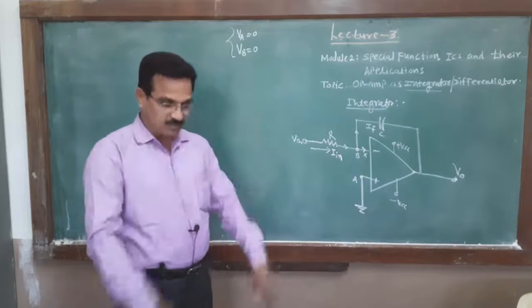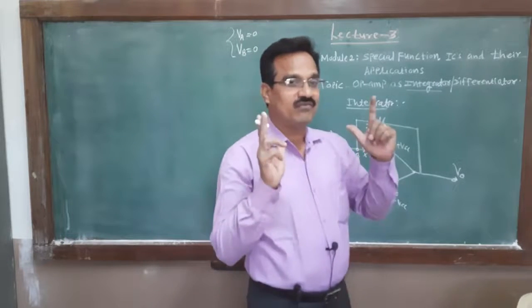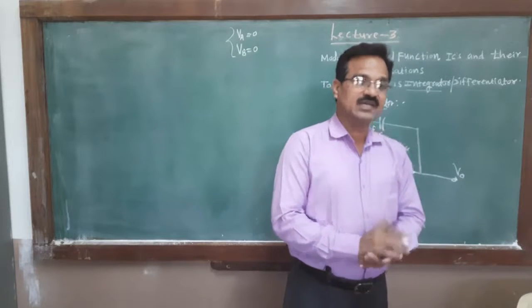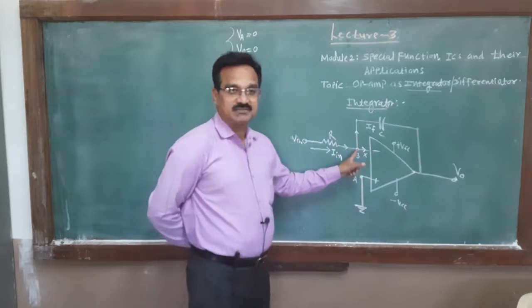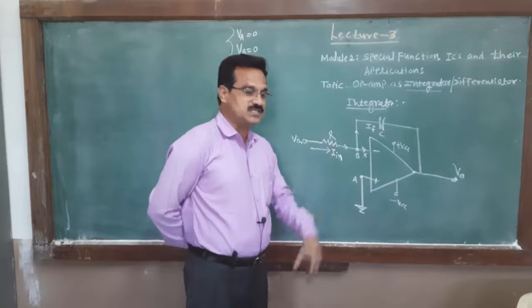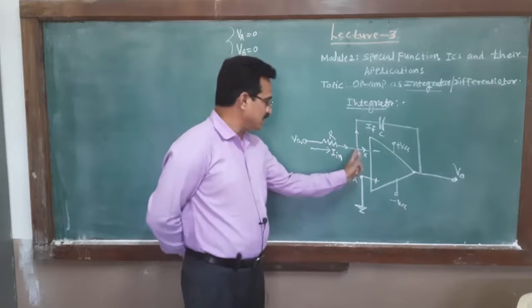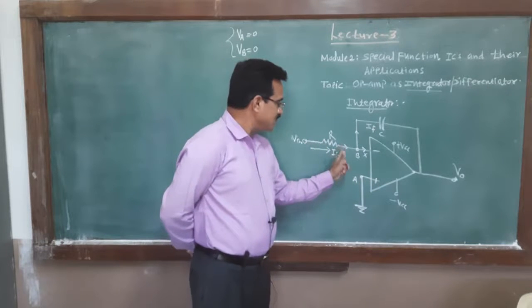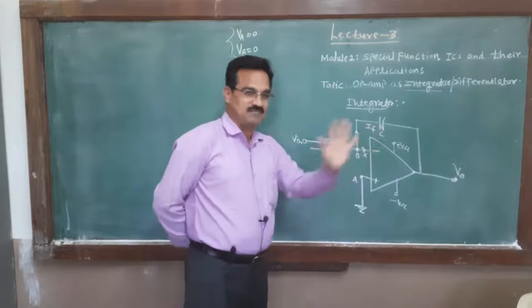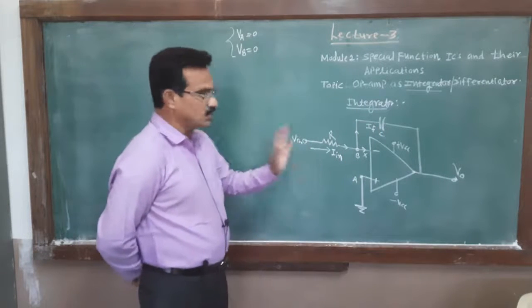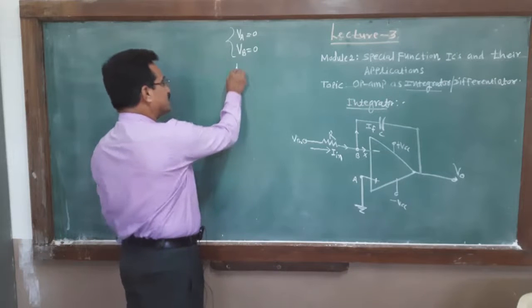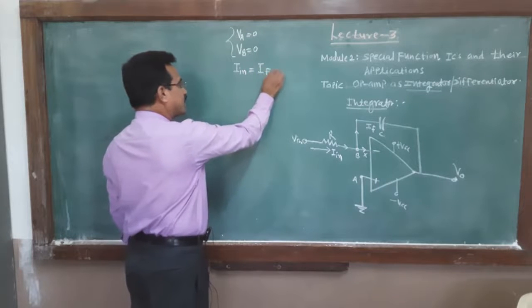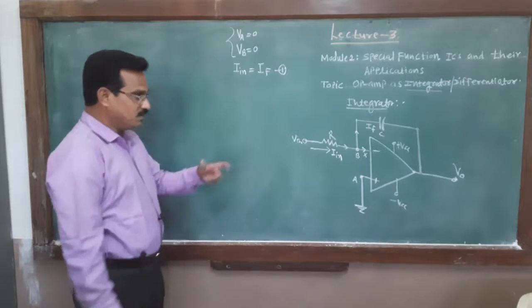Two things are very important. According to the first characteristic, the gain of the operational amplifier is infinity, and that's why this particular point acts as a virtual ground. And the second characteristic, input impedance is infinity, which means current cannot flow from this terminal to this. That's why the current flowing through R and the current flowing through the capacitor are the same. You remember these two points. So here is the equation: I in must be equal to IF. Call this equation first.